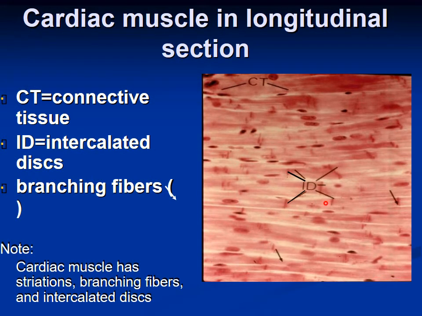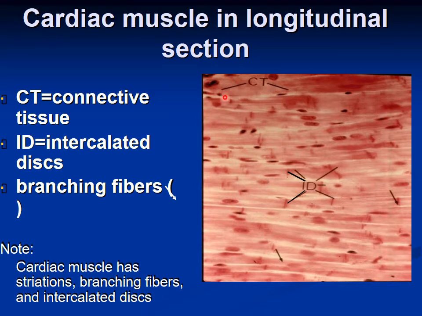So this section is the longitudinal section of the cardiac muscle. We can see the branching pattern of the cardiac muscle. Each cell has a centrally located single oval nucleus. Between the two cells, we can see this intercalated disc, which is formed by the fusion of cell walls of the two adjacent cells. And between the branching cardiac muscle cells, we see the connective tissue.